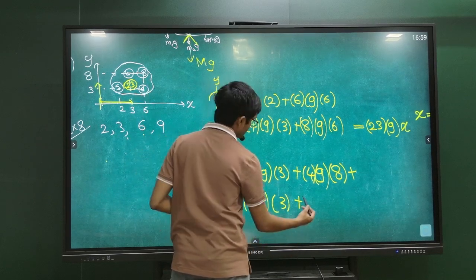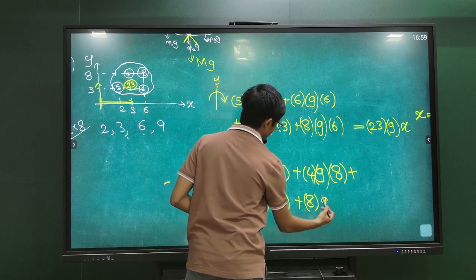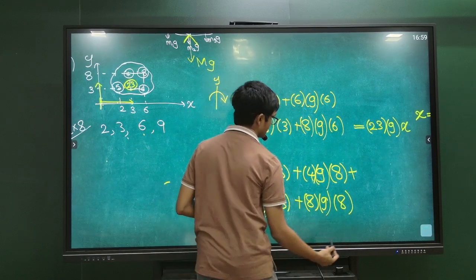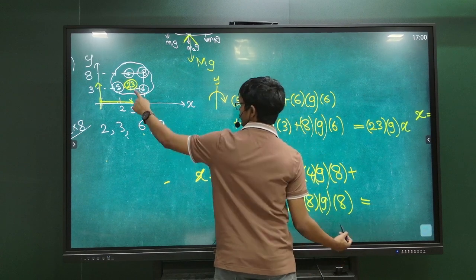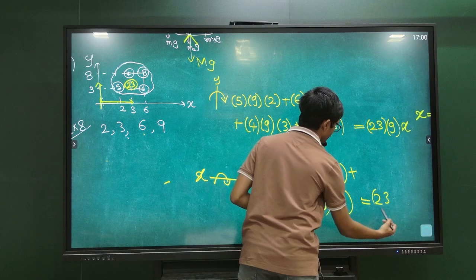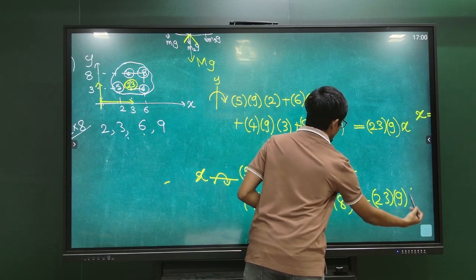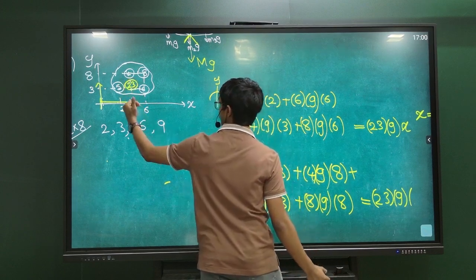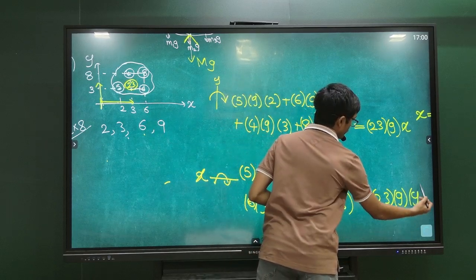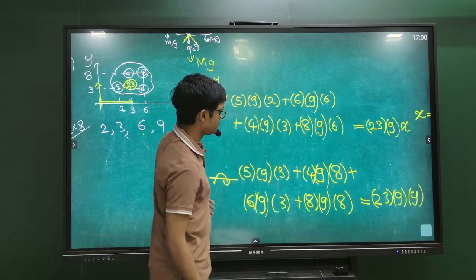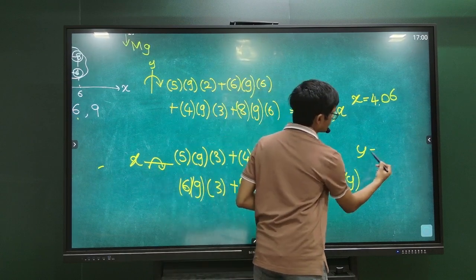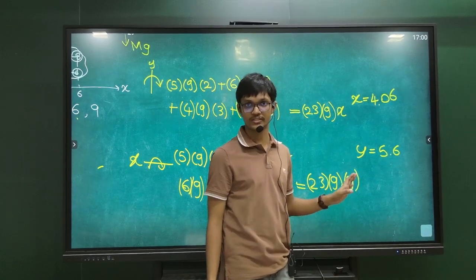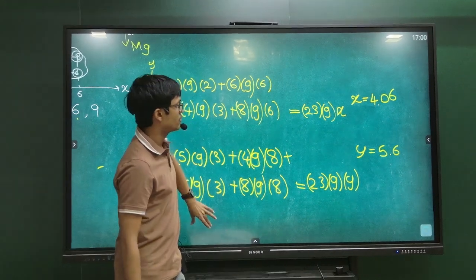Plus 8g, distance 8. Equals what? What is the resultant weight? 23g, into this length, I'll take it as y. What is the answer for y? 5.6. Okay, so now